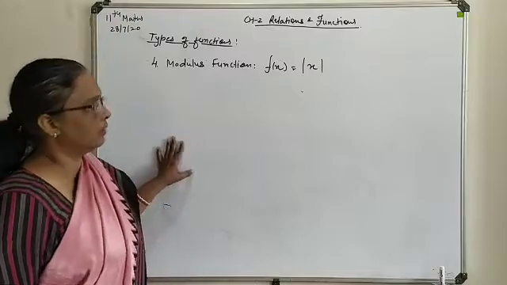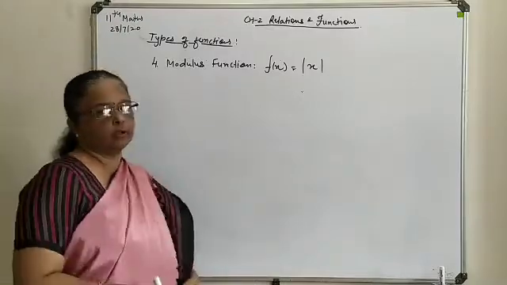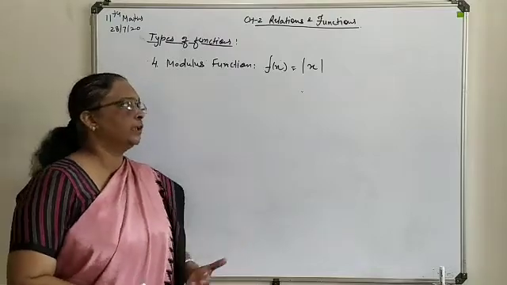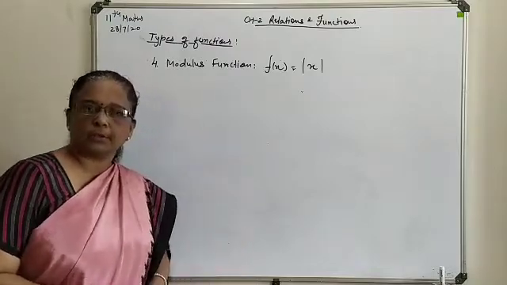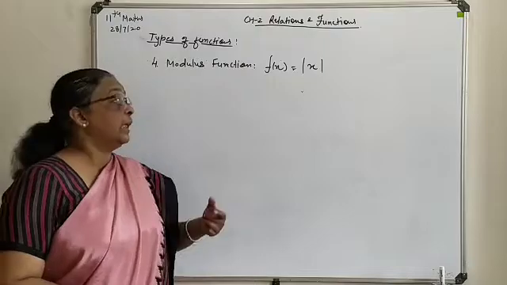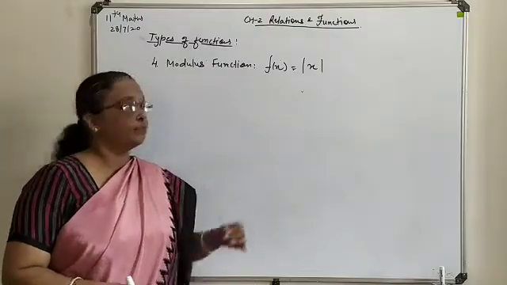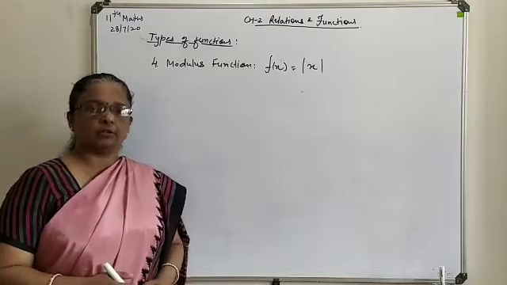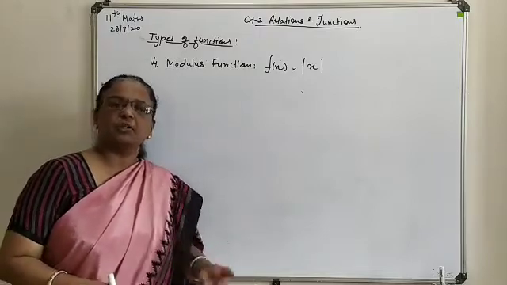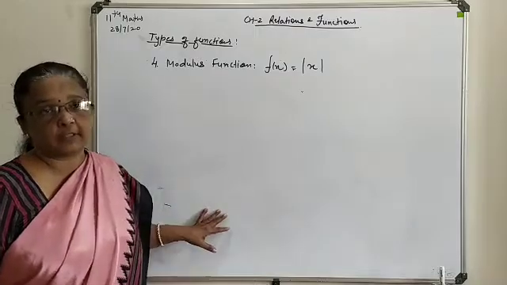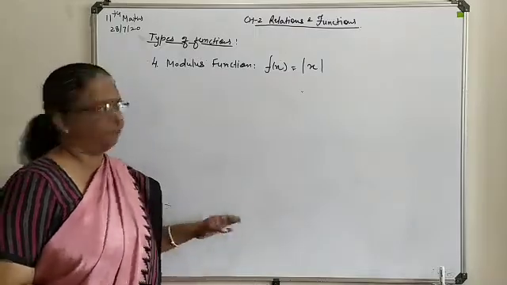Now what does it mean? Whenever you are talking about the modulus value, or you can say the absolute value, normally the function gives you a positive solution. It means even though the value of x you are going to consider is a negative quantity, on taking its absolute value or modulus, it will turn to positive. How it turns to positive, first we try to understand, and then make a graph for that.